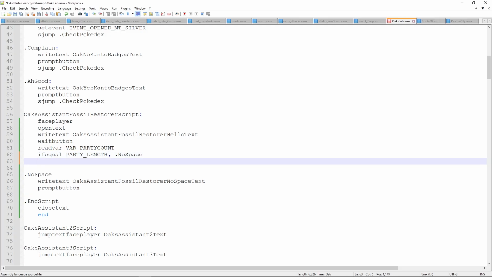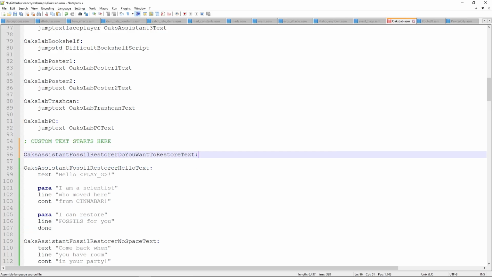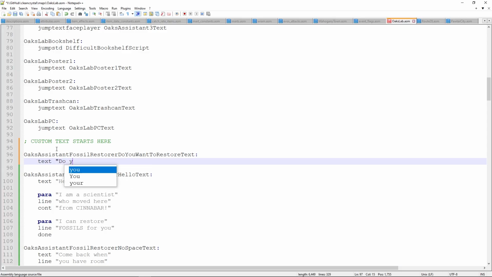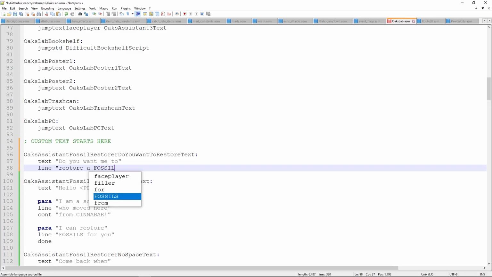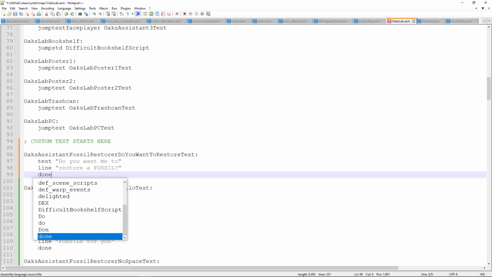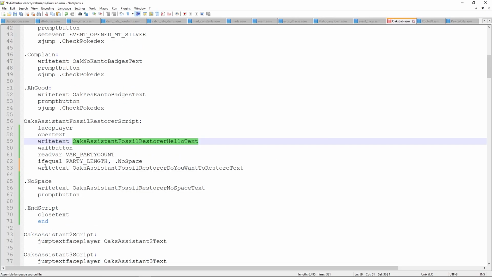because we can move on to the actual meat of this where we check the items. So what we're going to do is a little bit more text where we have do you want to restore text, and we'll go back to our custom and we'll stick this up here and it'll be a simple question. Do you want me to restore a fossil question mark? Are those too long? They are exactly 17 characters. That is perfect. We'll finish that off with a done again